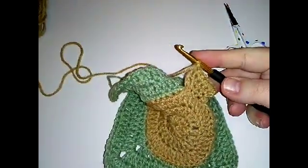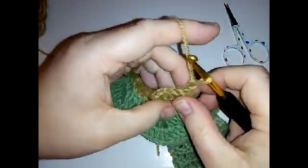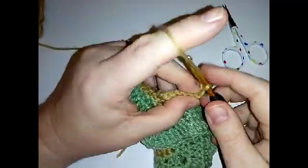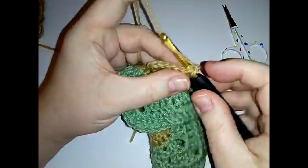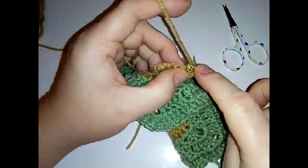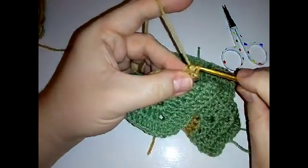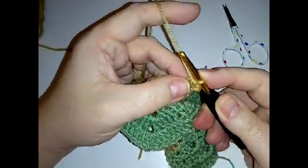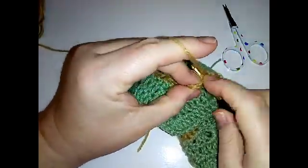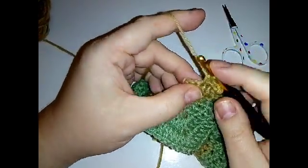Okay, so that's our row 3. For row 4, chain 1 and turn your work around, and then we're going to do a single crochet 2 together over the first 2 stitches. So go into the first stitch, yarn over, pull up a loop, go into the second stitch, pull through a loop, and yarn over and pull through all 3 loops, and then single crochet into each of the next 2 stitches,